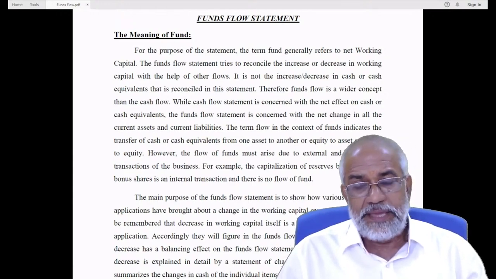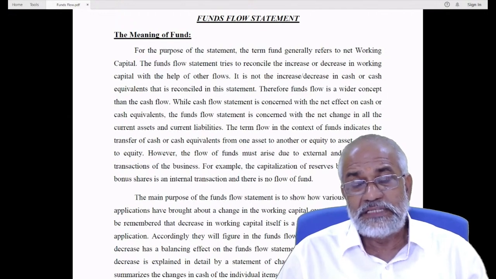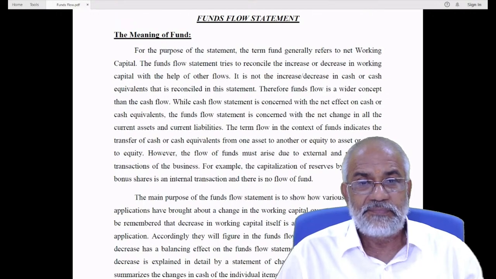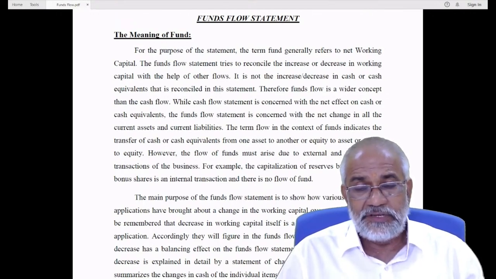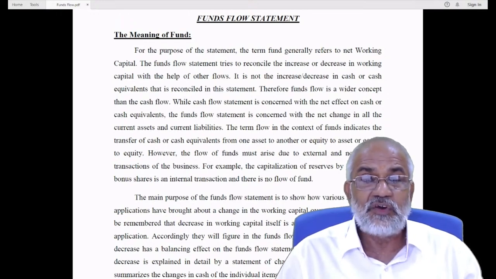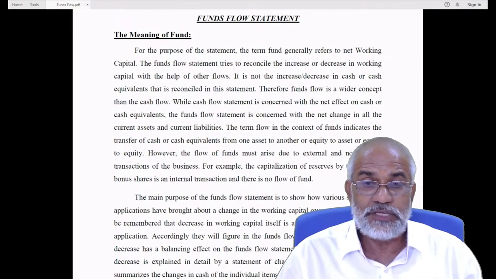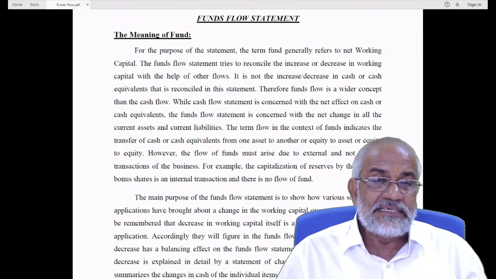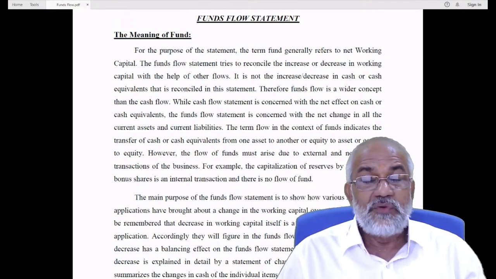Will it make a flow of fund, or will it cause any change in the fund's position? Will it increase the current asset or current liability of the organization? The particular transaction is collection of 5,000 rupees from the debtors. If we analyze the transaction through a journal, the entry for this would be when the amount is realized from